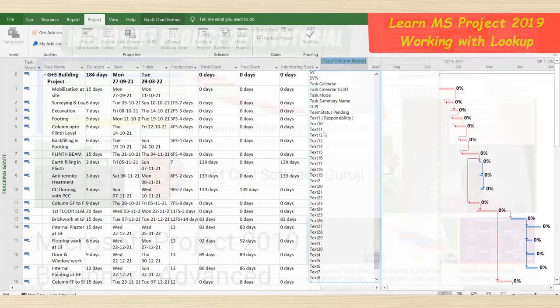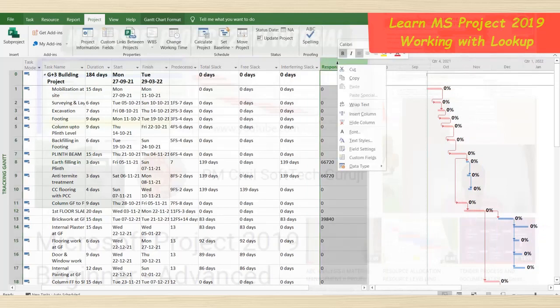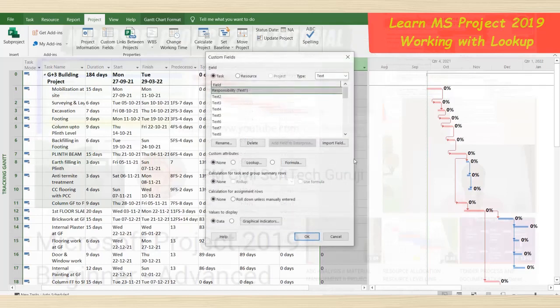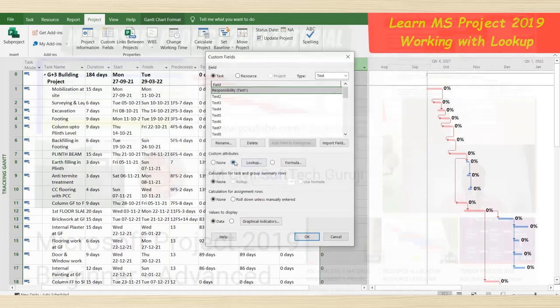Text Responsibility is there, I have already created it, just select this. Then go to Custom Field, and here click Lookup, and tick mark here.